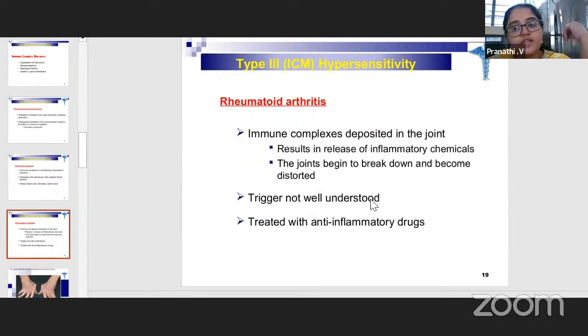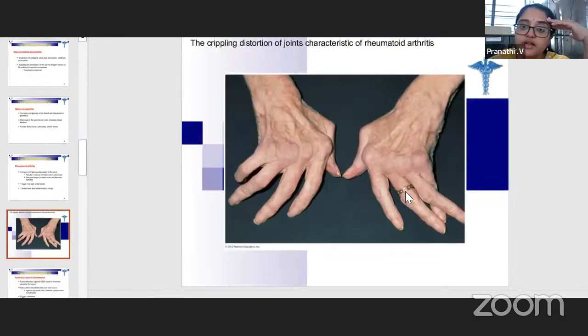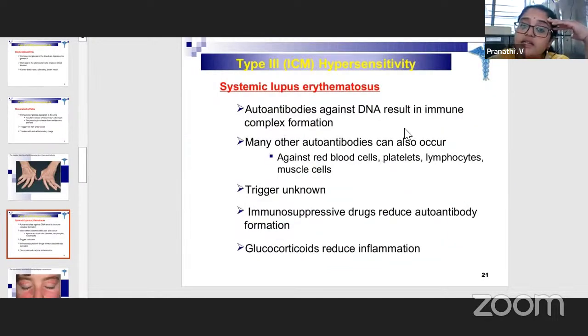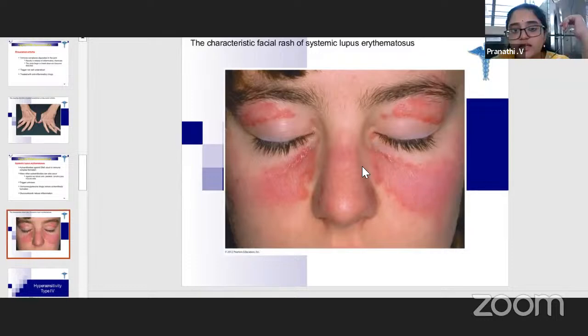Rheumatoid arthritis, inflammation of the joints. So again, basic symptomatic relief is what is necessary. This is how it becomes because of rheumatoid arthritis. Systemic lupus erythematosus, autoantibodies against the DNA itself. So against your RBCs, platelets, lymphocytes, muscles, all of it is formed. So what can be done? You will only treat the symptomatic part because there's nothing else that can be done. So the butterfly rash, as it is known, this is how it will appear